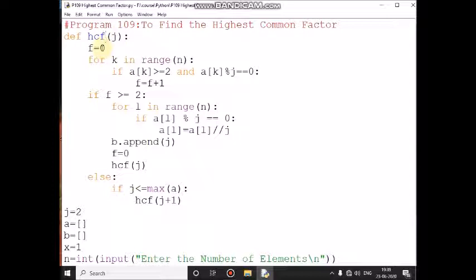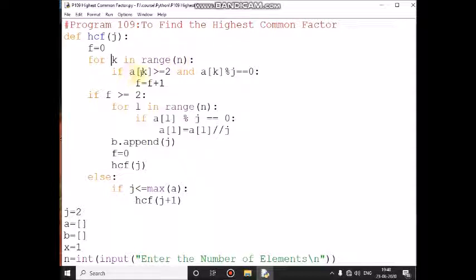Now J plus 1 is 3, again the same function I am calling, control comes here, and J value 3, then control comes inside the function, now F is equal to 0, then control comes inside the loop. K value 0 in range 4, 0 less than 4, the condition is true, control comes here. A of 0th location value 5 greater than or equal to 2, the condition is true, A of 0th location value 5 modulo 3 means remainder 2, 2 equal to 0 means the condition is false, then control comes here, K value becomes 1, 1 less than 4, the condition is true.